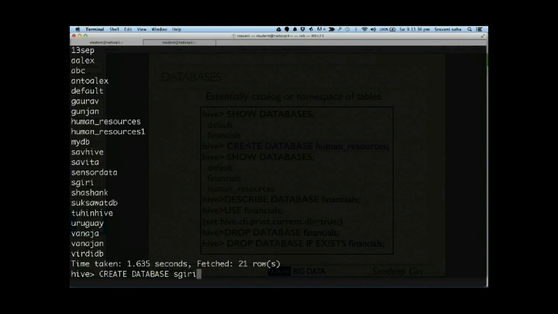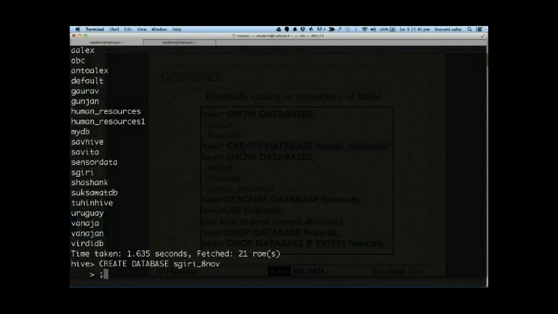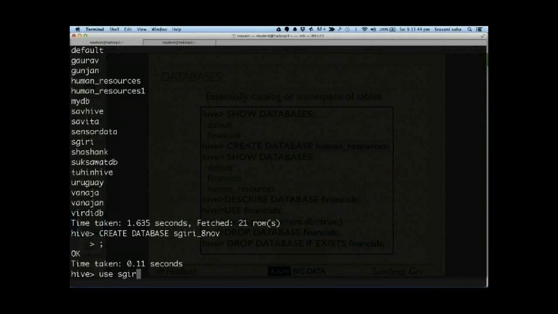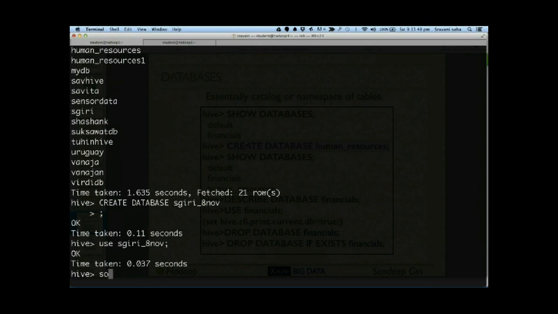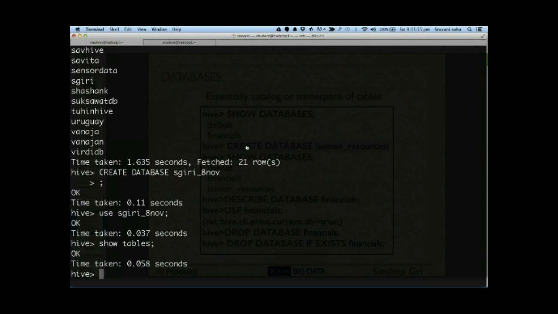So create table X and we say ID and int. Alright, so we say describe X and it shows that X has got a column called ID and it is of data type int. Alright,